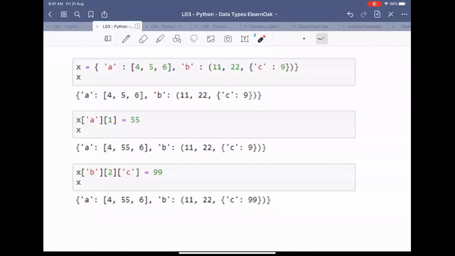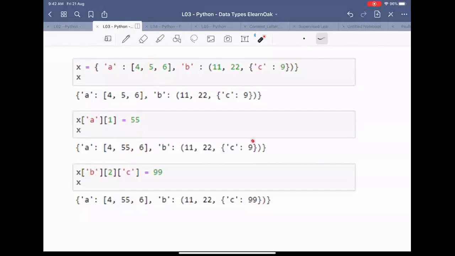Now let's say we want to update this value 5 with the value 55. The way we will do that is we will go to the first value here. To access the first value, we can write X of A. That is the key which helps us access this first value. And within this first value, we have 0, 1, and 2. If I want to update this, I can say with square brackets, put 1. That gives me access to this element, and when I write that equal to 55, this 5 gets updated to the value 55.